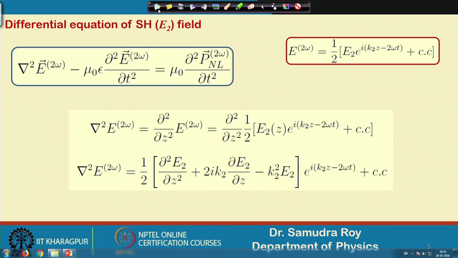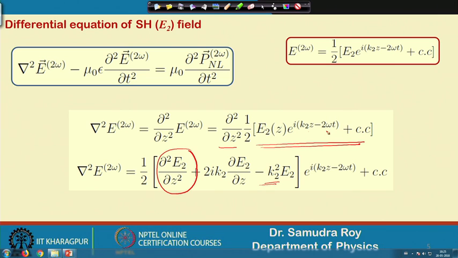So, let us see what happened. What is my first term? The first term is the double derivative of the first function. Second, the double derivative of the second function. When we take the double derivative of this function e to the power i k z, i k will come in both cases, because there are 2 derivatives. So, eventually we have minus k2 square, and one E2 term will be there because it is already multiplied with this term. But in all the cases we have the e to the power i k z 2 omega term.